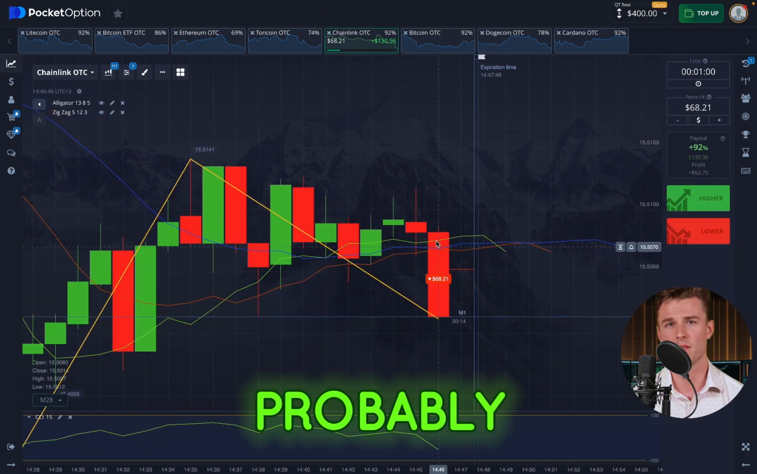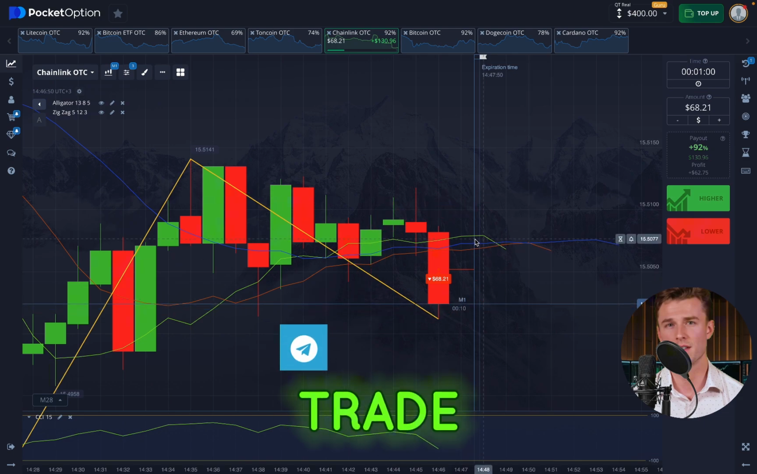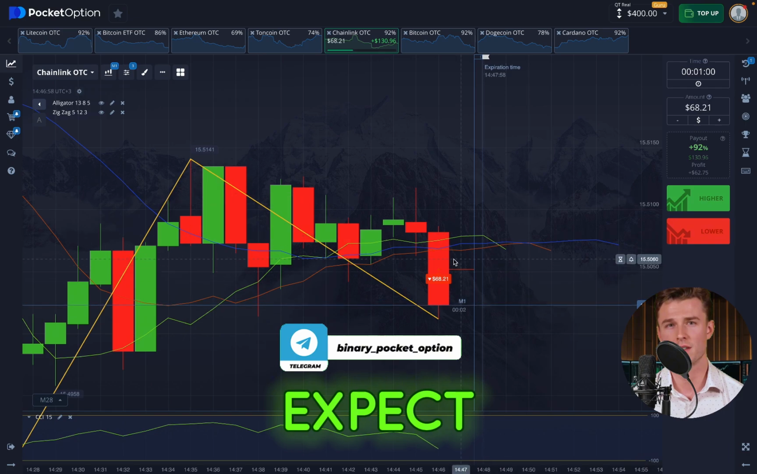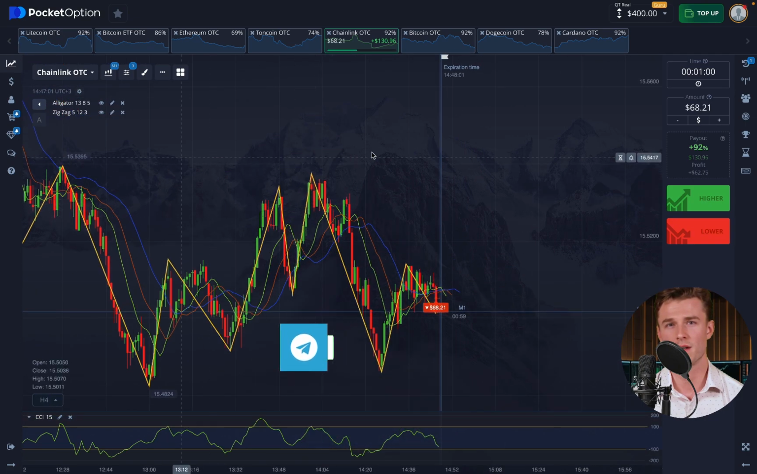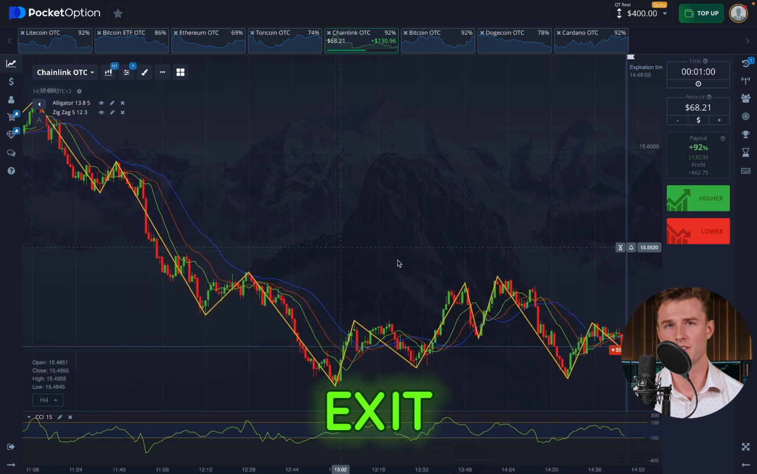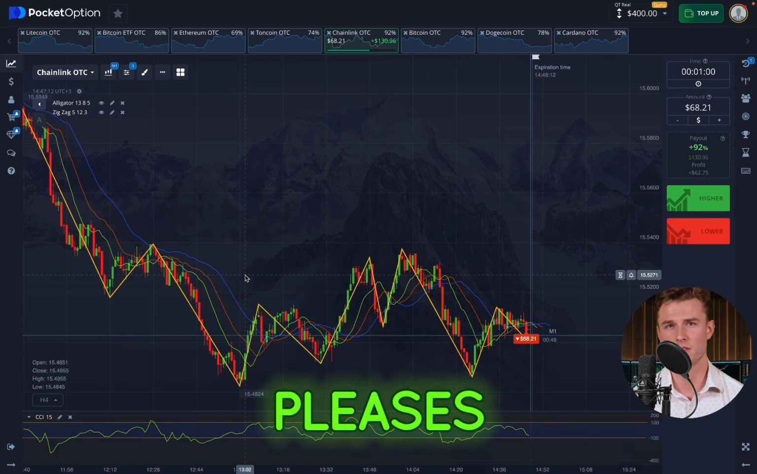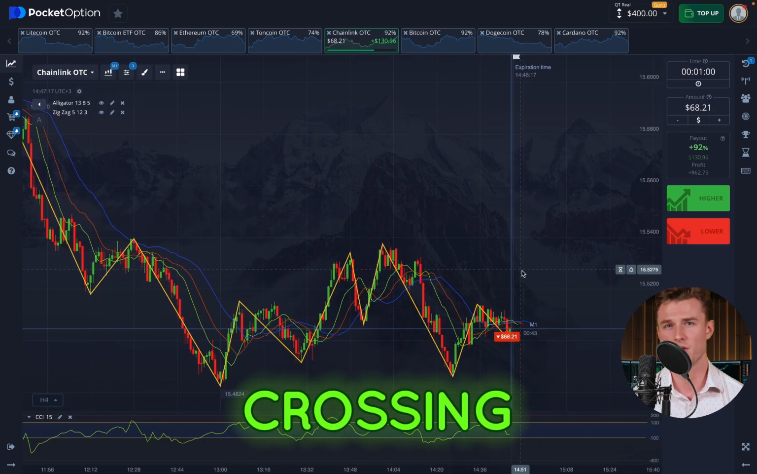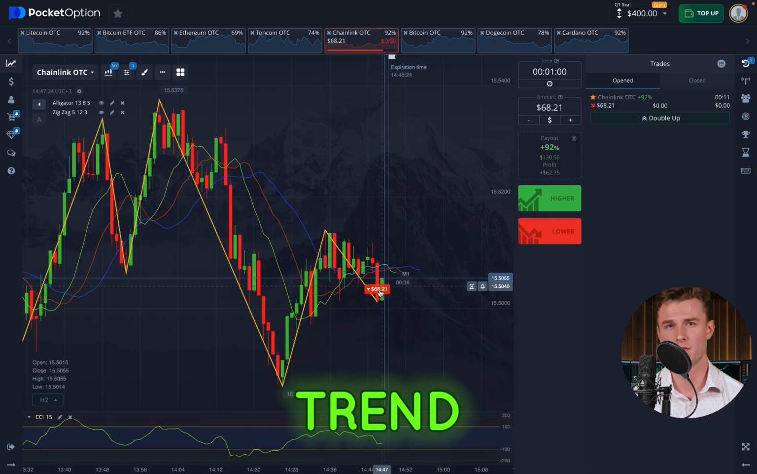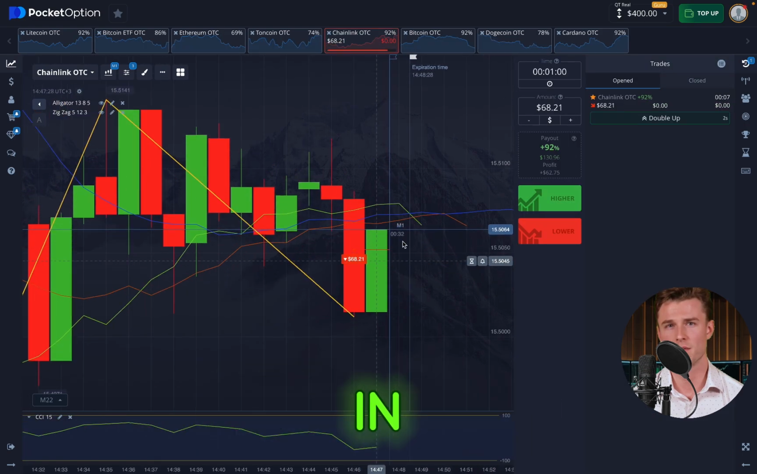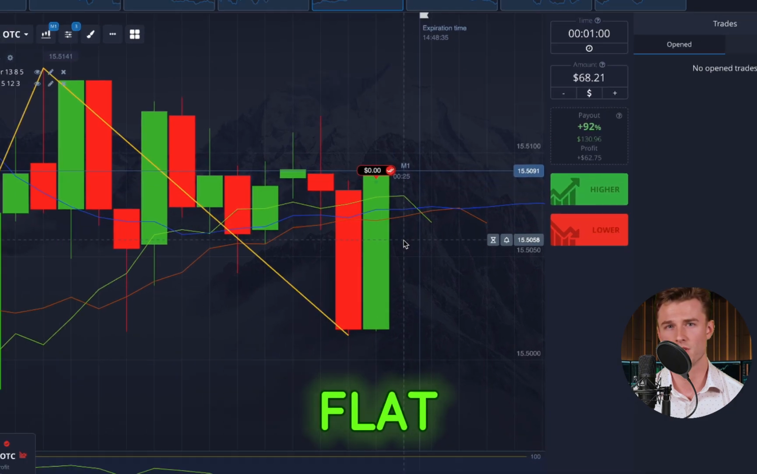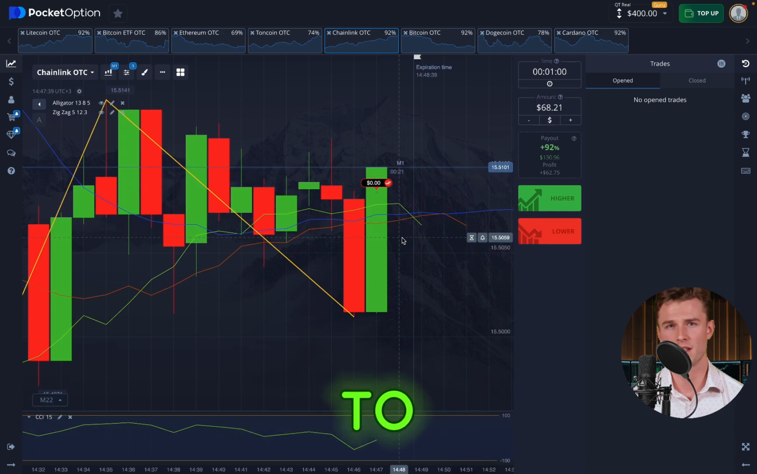And this is where I'm probably going to open a down trade. Not exactly a good entry point. I didn't expect what I'm going to have now, the impulse to move upwards. But nevertheless, a stronger exit has already occurred, and it really pleases me. I see a small crossing of the alligator line on the slides. The trend dynamics are downward. In general, yes, it is clear that despite the flat movement, I am more inclined to the downward trend